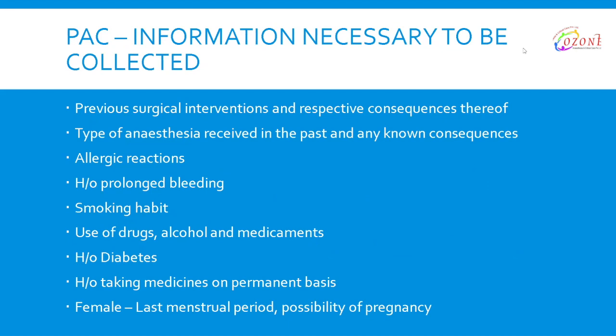First and foremost, you can ask about the previous surgical interventions. If the person had some previous surgical interventions, you can note down that surgical intervention. You can note down any consequences or sequelae that happened during the surgical intervention. Suppose some removal of organ is there, or some operative procedure is there in the abdomen, which might result in some adhesions, that you can check.